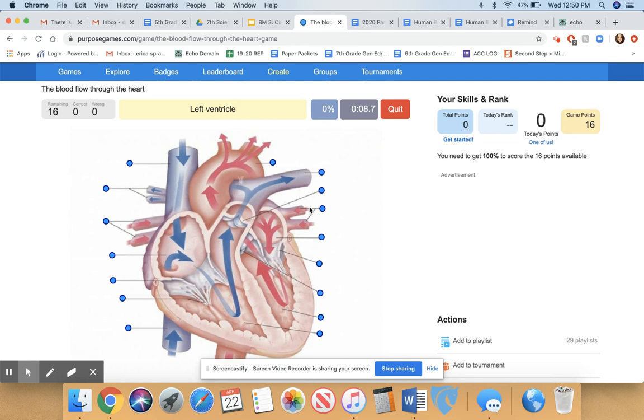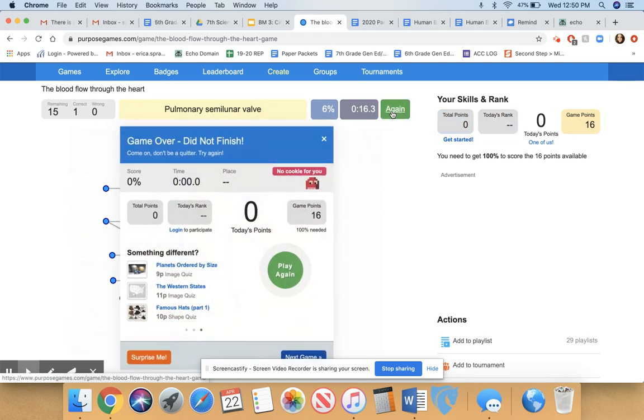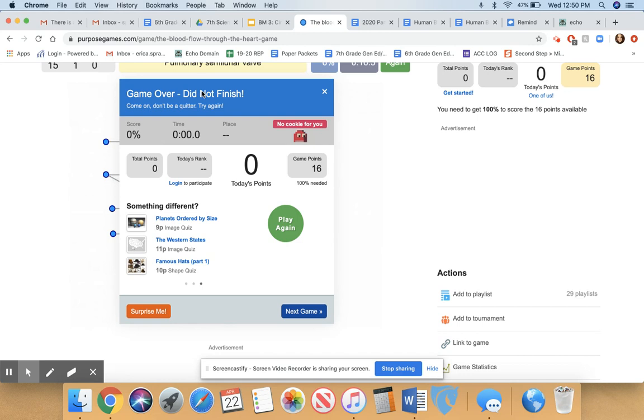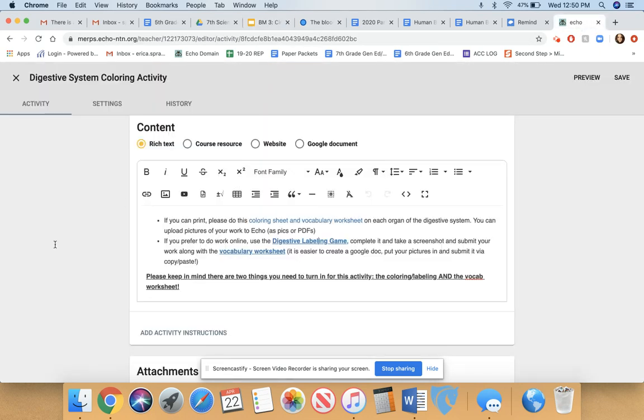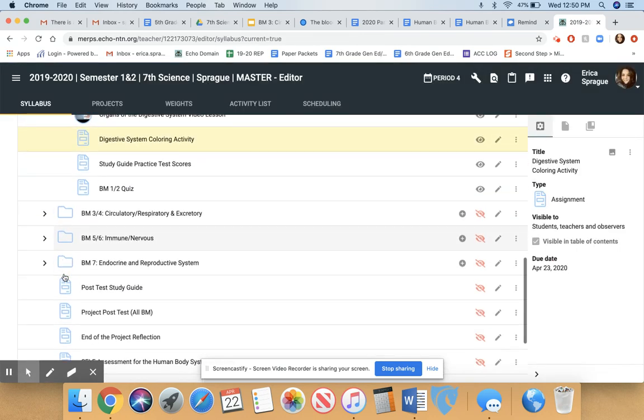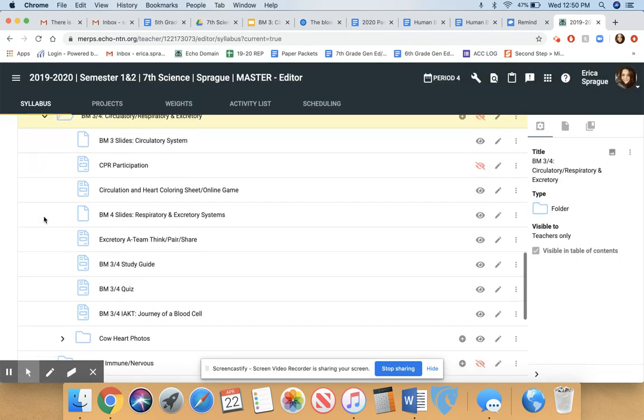and it also shows you different colors for you to see. All right, so left ventricle, there we go, green dot, and it times you. It doesn't matter about the time. So I'm just going to say quit. I don't want you to take a screenshot of this because I can't see the dots around the heart. Okay, now you will need to turn in either your coloring sheet or your game